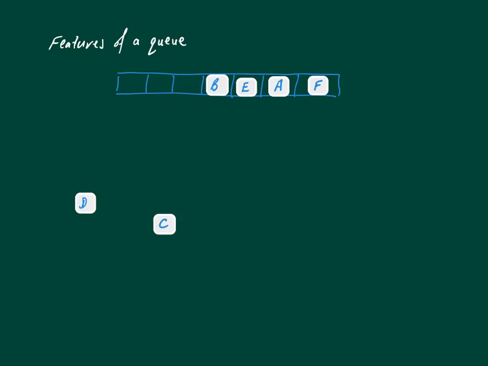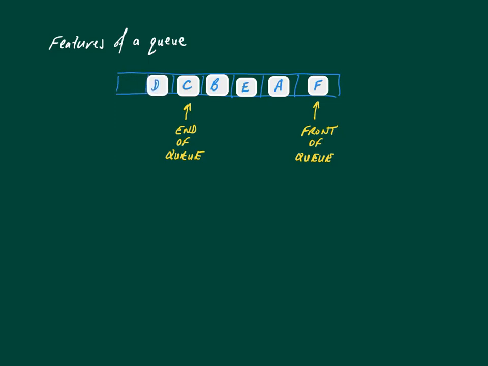And so if we've got items in a queue, we need to know where the front of the queue is, and we need to know where the back of the queue currently is. And if we know where the front of the queue is and the end of the queue is, then when we add more items to our queue, it's a simple case of just moving that pointer to the end of the queue. We add another element, and the pointer to the end of the queue moves back